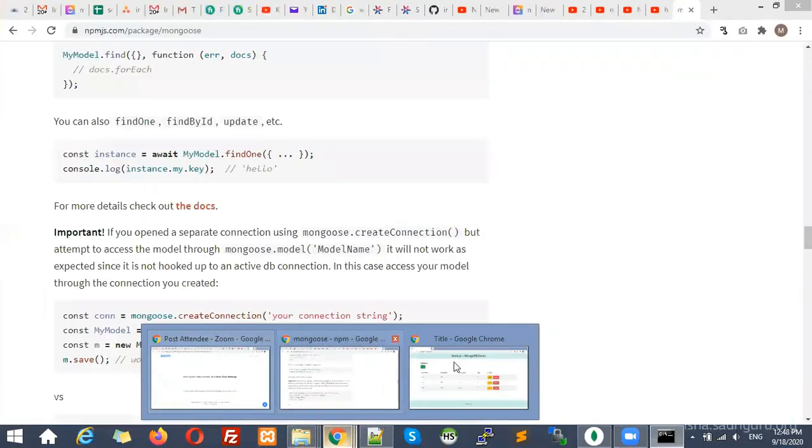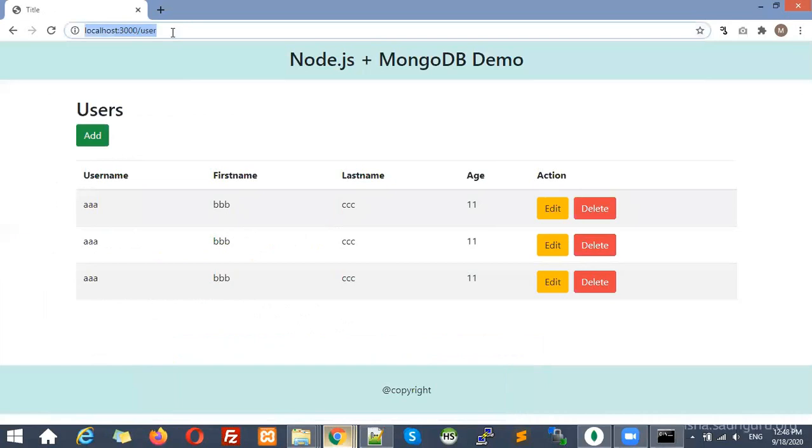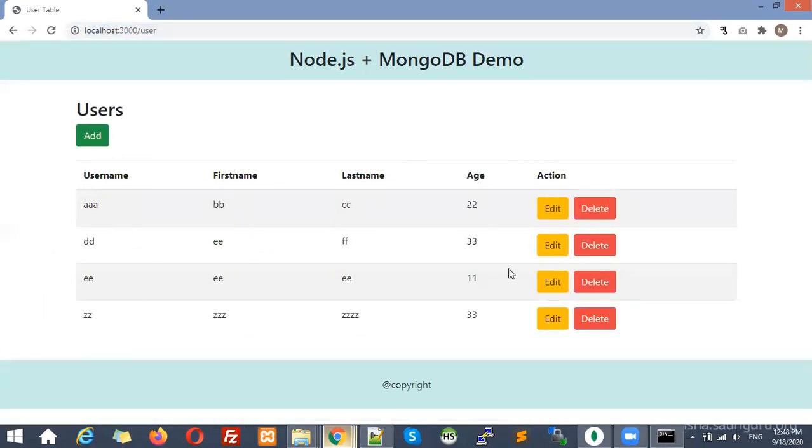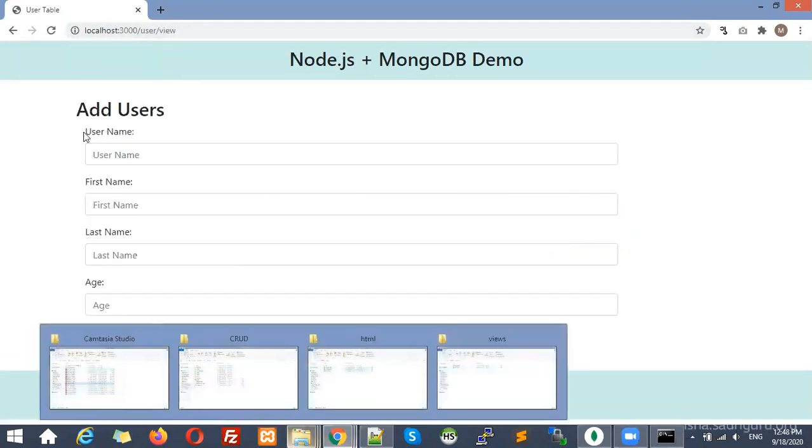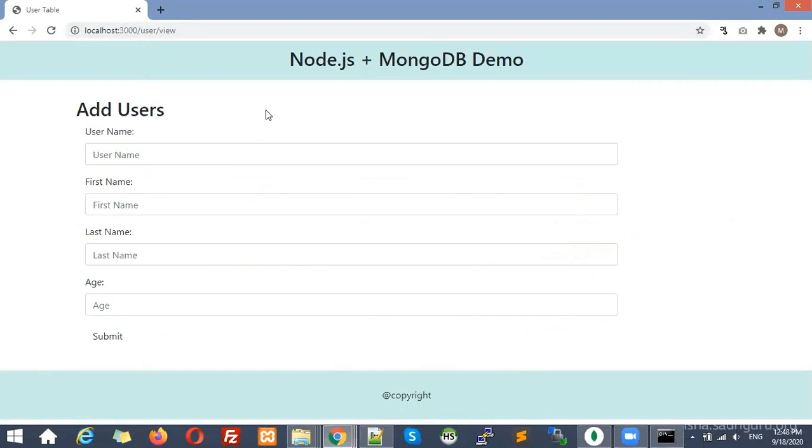So now if I use user, it is going to call that application. Now you can see this data is from that app. Here if I click on add, you can see at the bottom user/view. So I have created just a path user/view for insertion, same as I have created user add over here, right? If I click on that one, you can see user view, where I am going to display this page. Currently I am going to display add user instead. So the path can be different.